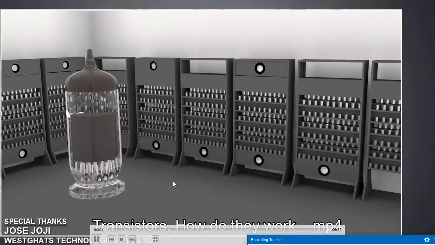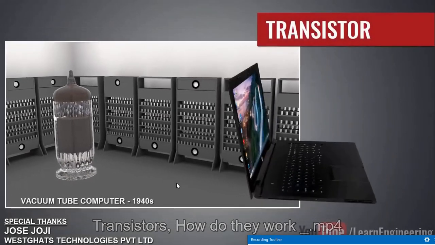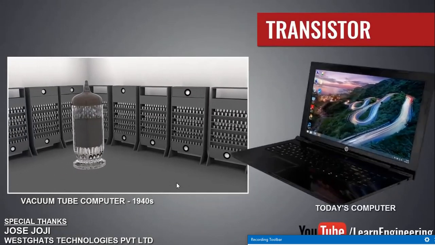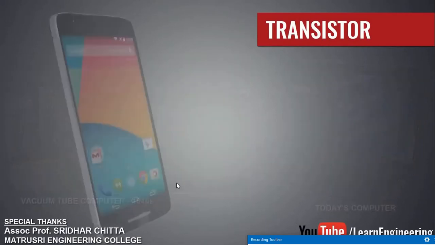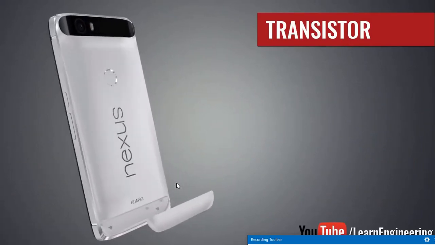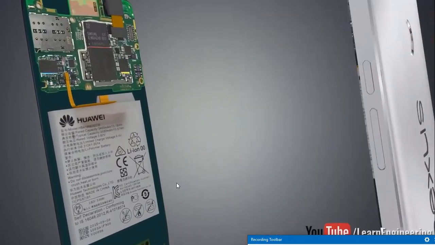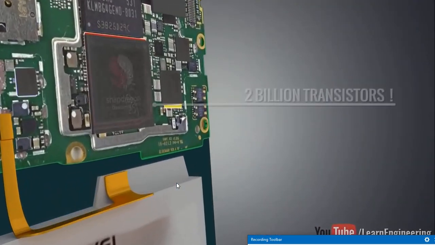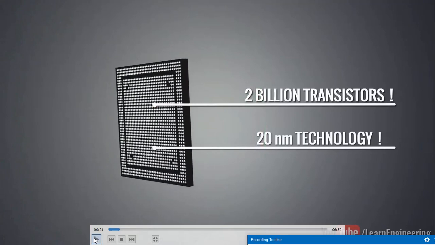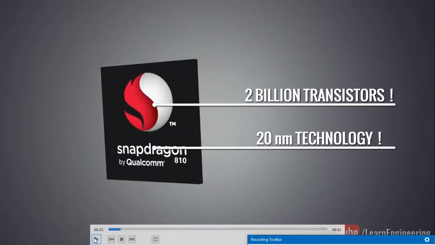How exactly they're going to work, and how can we understand this in more detail, along with other applications. Anyway, we know that transistors are the basics of our supercomputers, computers, and mobiles. These are things we'll be using in all these applications. Now let us assume this is a mobile, and this mobile consists of a processor. The processor we're going to view here is a Snapdragon, an 810 Snapdragon processor.